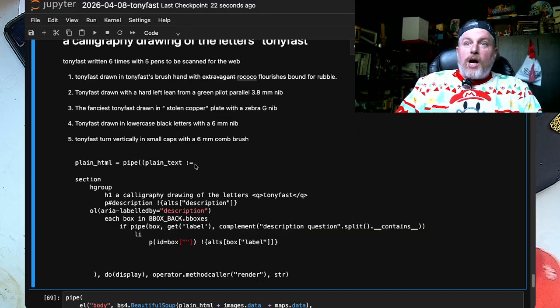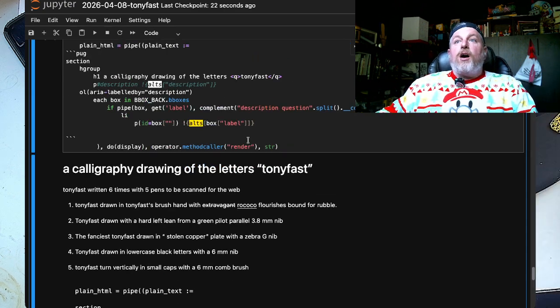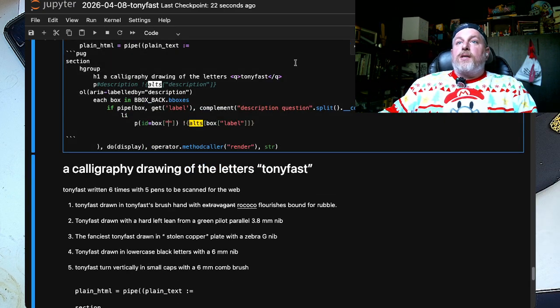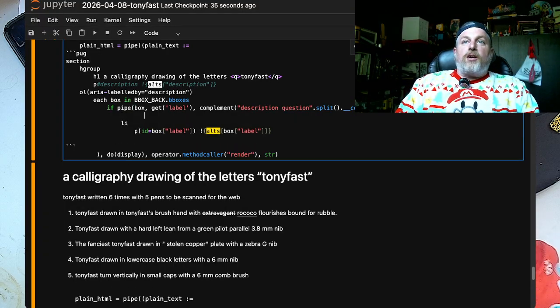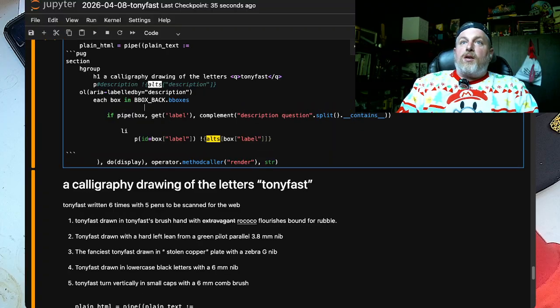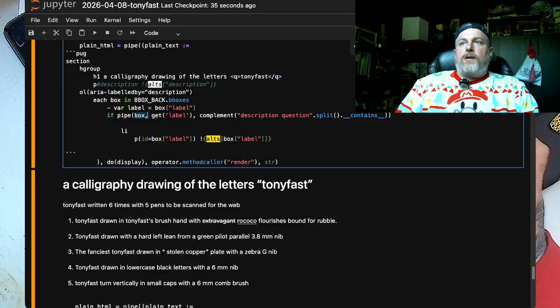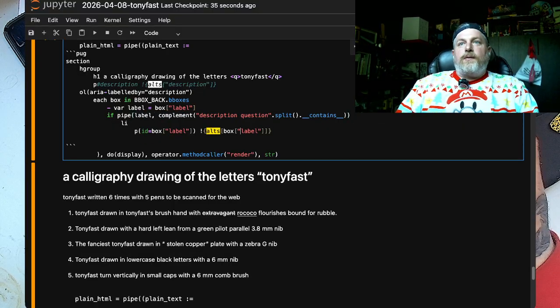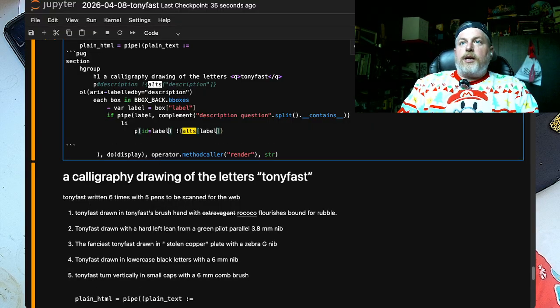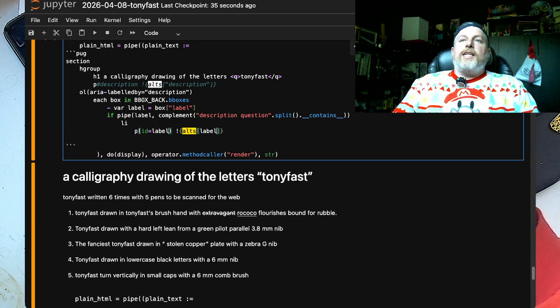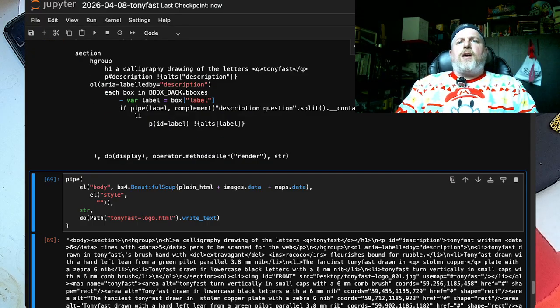What is going on? Why? Okay. Oh, box. All right. Label. I don't like all this. Okay. Label. Label. Okay, so now we've got the ID, we've got the label, and what I was curious about is if in the map I can replace alt